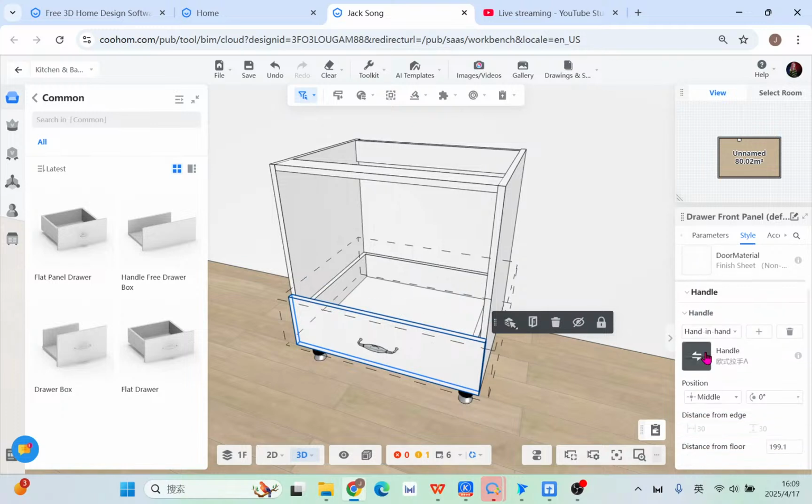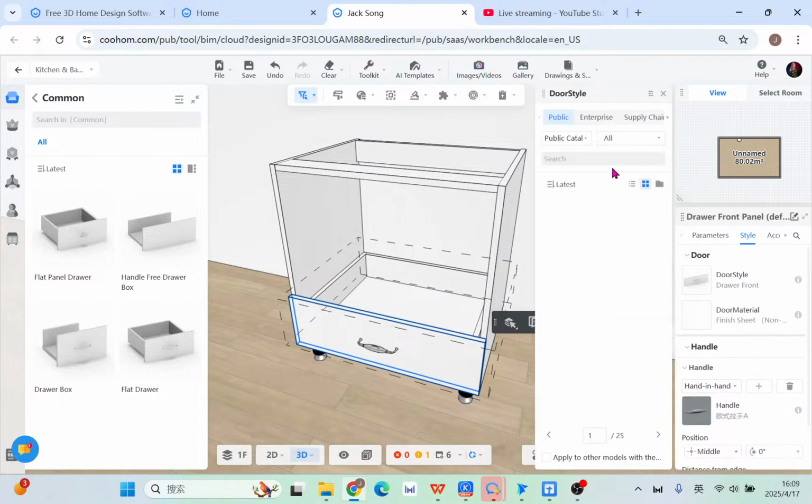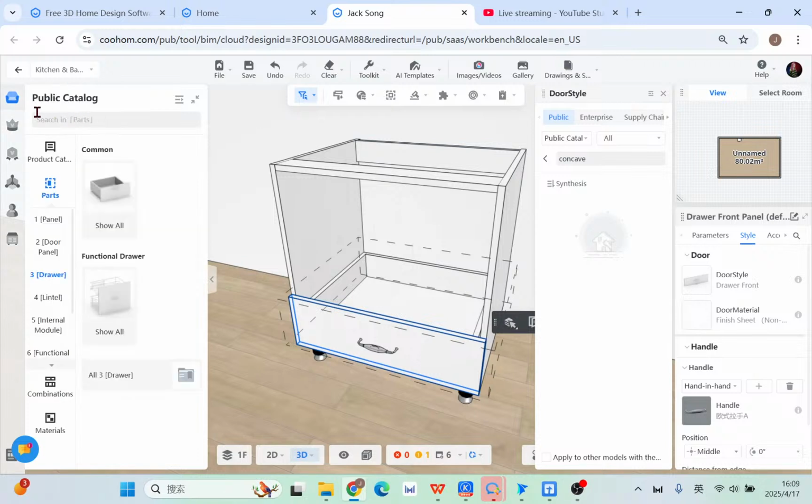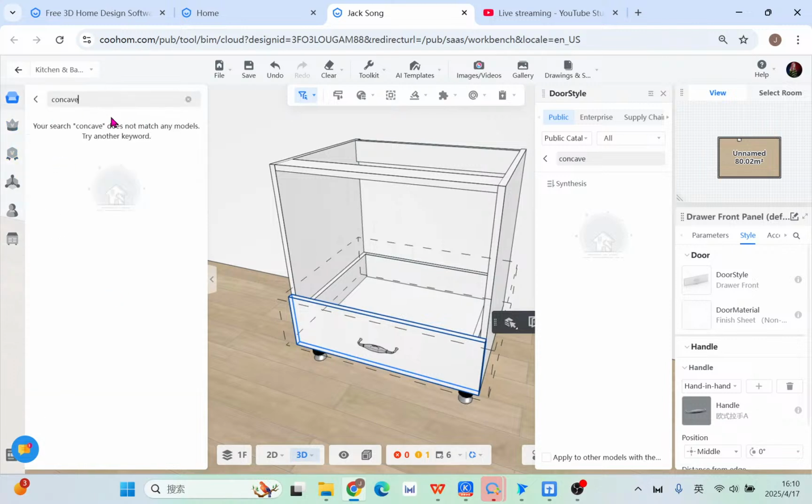I'll try it again. Search for the common one. That's not here. Check the status. If you want to search directly here, it's not available, because this is